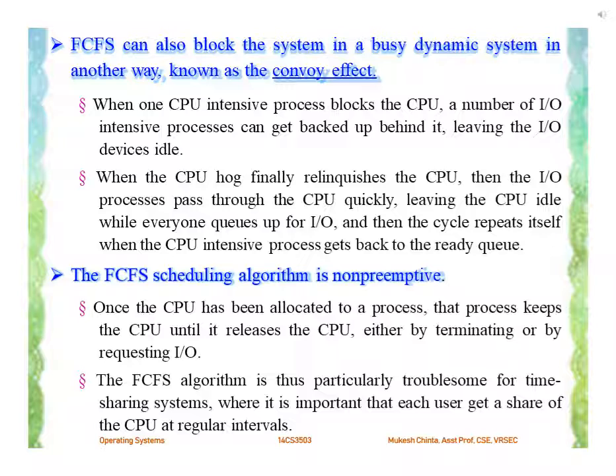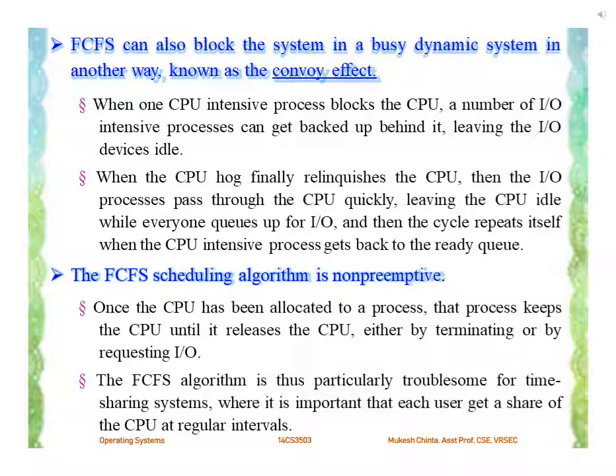When the CPU-intensive process finally relinquishes the CPU, the input-output processes pass through the CPU quickly, leaving the CPU idle while everyone queues up for input-output, and then the cycle repeats itself when the CPU-intensive process gets back